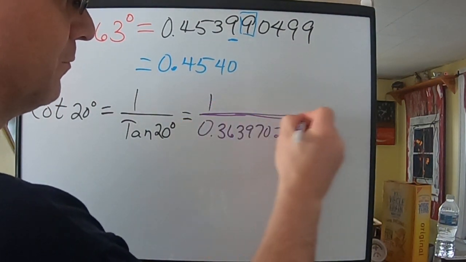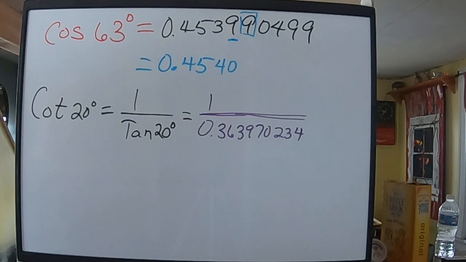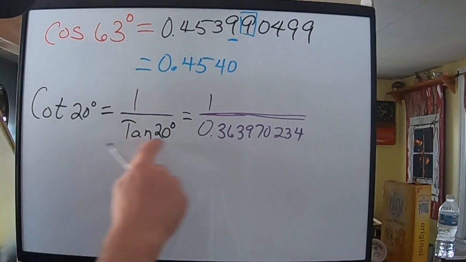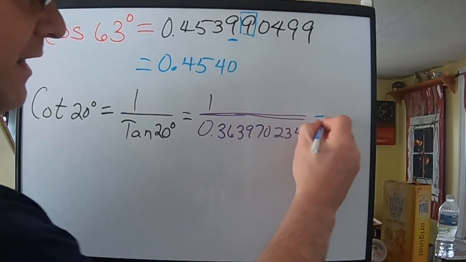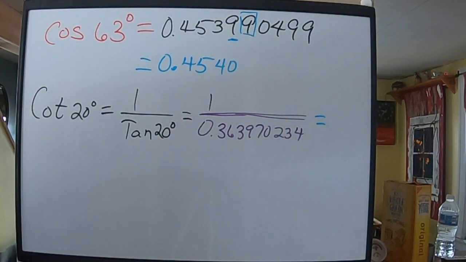Now, I only write that out because that's what's on the display. Most of you should have a button on your calculator that says 1 over x. And if you hit tangent of 20 and then hit 1 over x, it gives you the value of 1 over tangent of 20. And that comes out to approximately 2.747